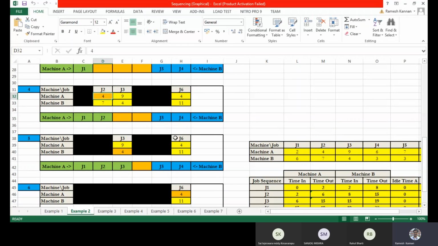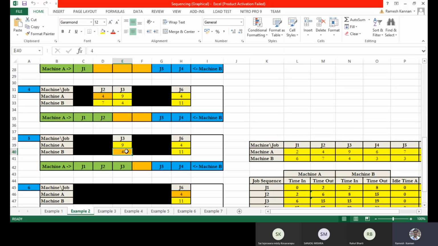And in the next case, I just wanted to do an arbitrary minimum value. So in this case, 9, 4, 4, 11. Even though machine A has got 4 in job 6 and machine B has got 4 in job 3, I recommend you to take job 6 machine A, but let's take arbitrarily. There's nothing wrong in taking arbitrarily. So I've just taken an example of making it arbitrary. So not in all cases. You can choose everything arbitrarily, or everything based on the logic, machine A on top, and the initial job sequence.